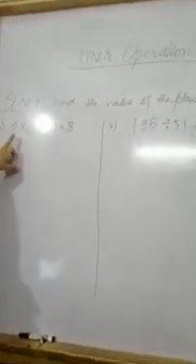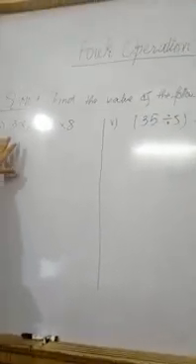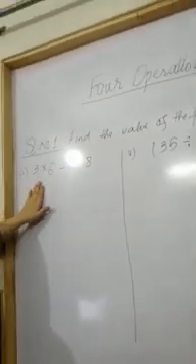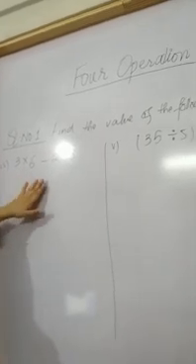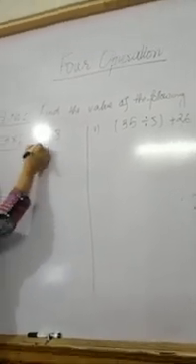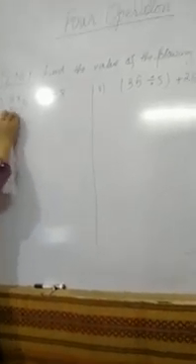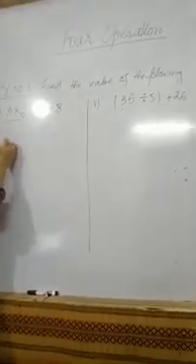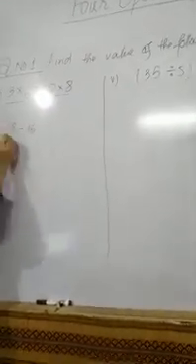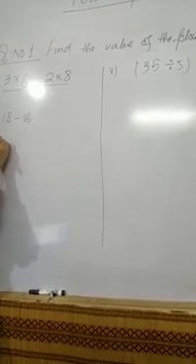Number 4, no brackets are present, but there are two operations, which are multiplication and subtraction. So first of all, we have to do the multiplication and then the subtraction. We perform these multiplications: 3 times 6 is 18, minus 2 times 8 is 16. Now you subtract 18 minus 16, which is 2.